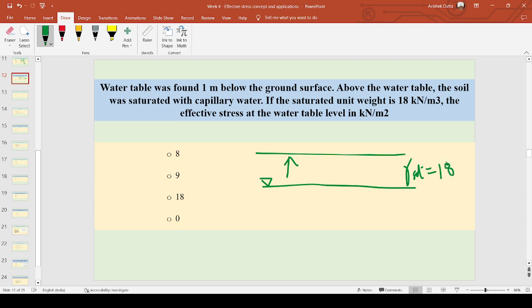Okay, so effective stress at the water table level. As I've said, effective stress in this zone will be more than the total stress. In the case of effective stress, we are going to consider the entire soil saturated with water. That means effective stress will be over here, not gamma submerged, but gamma sat